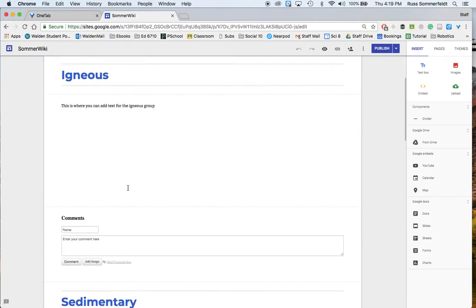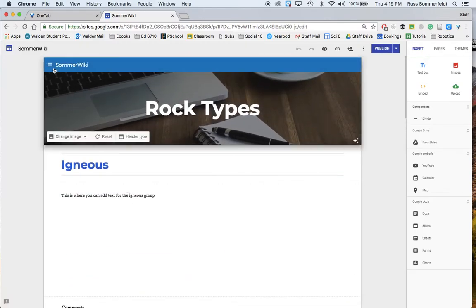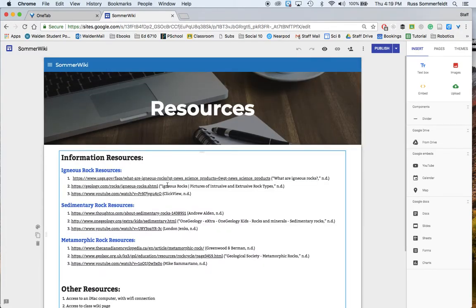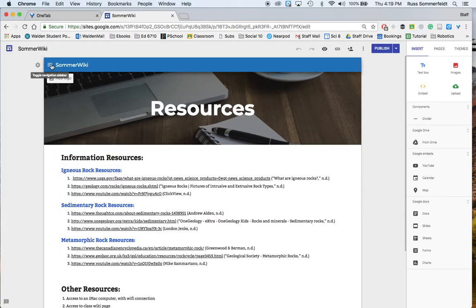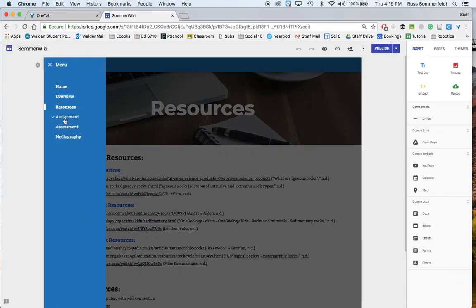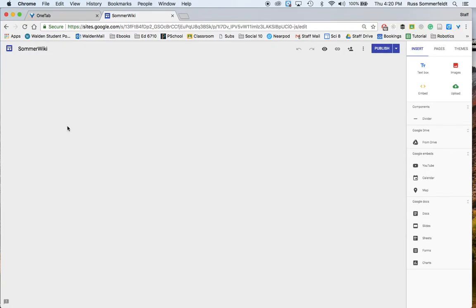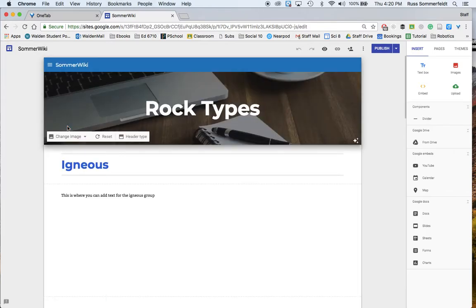What you're going to do is go to the resources page, and I have identified some resources for you to look at as a group. You're also allowed to look at other web resources that are credible, where the information looks good to you to use in your wiki creation. I'm just going to go back now to rock types. Once you've gathered information and you know what you're going to put on here,